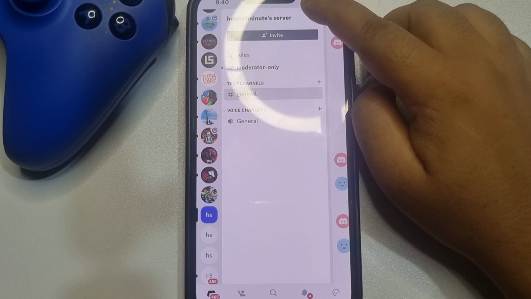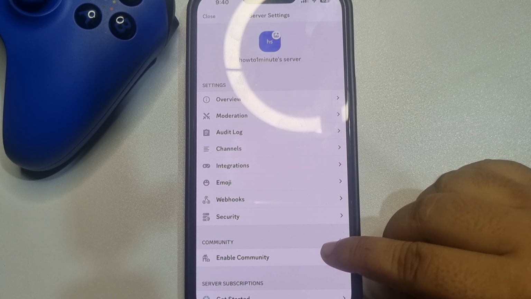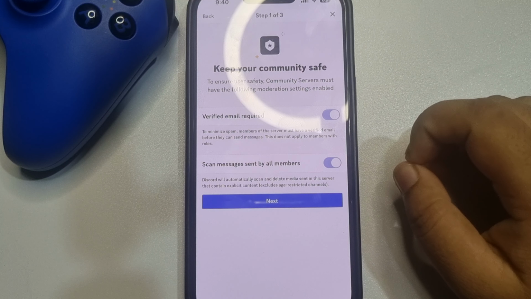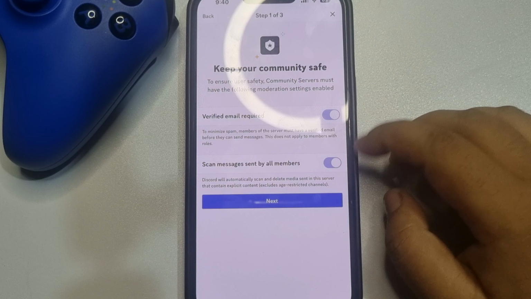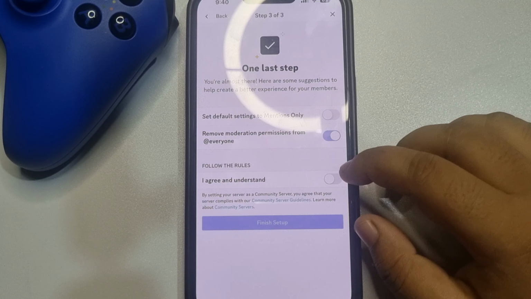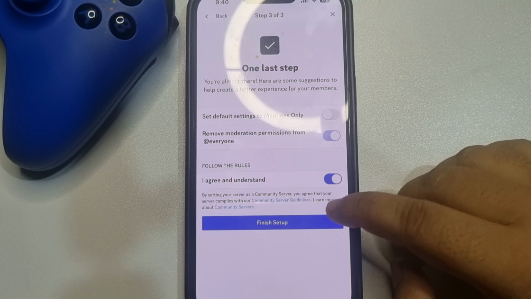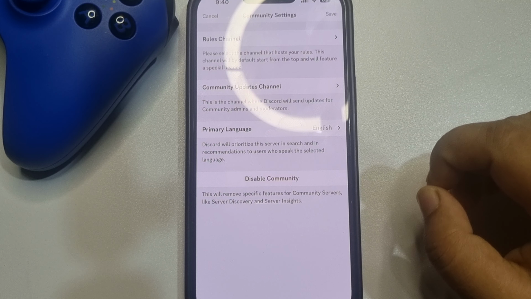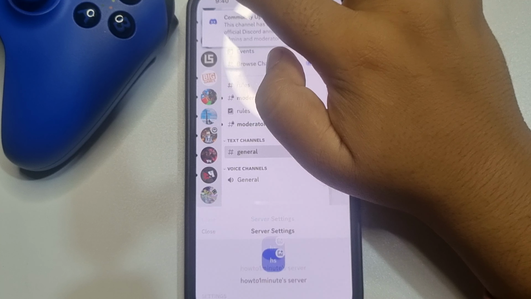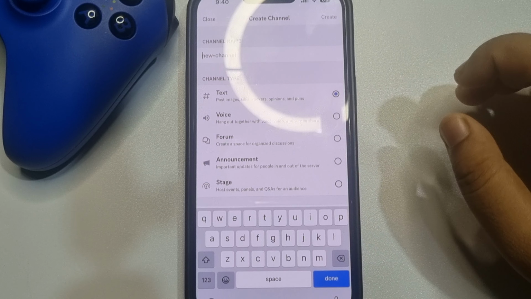Tap on the server name, settings, tap on enable community, get started, and make sure to enable these two options and tap on next. Next, enable I agree and understand. Tap on finish setup, tap on save. Now go back to your server homepage and now create a new text channel, and here you